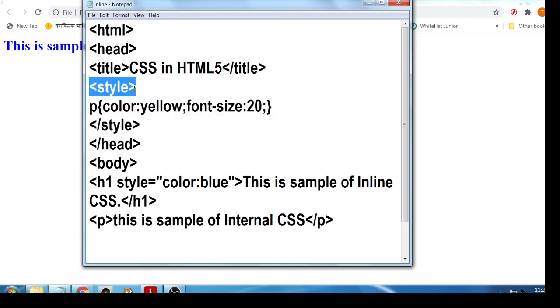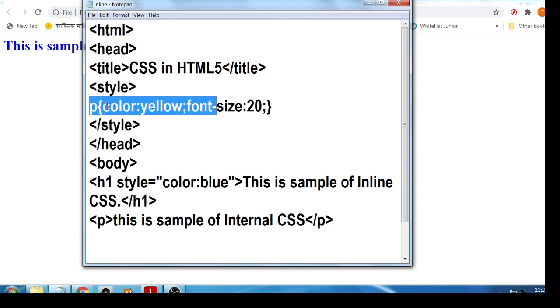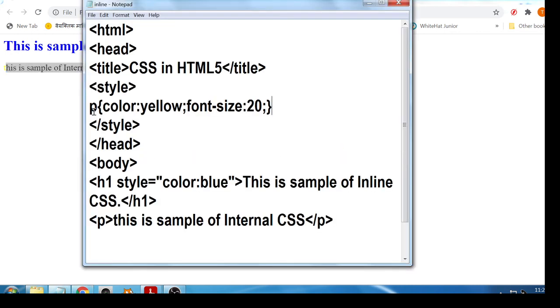Okay, style is a tag, opening and closing tag, and define the tag, apply the declaration block. Save this file and check the output. Refresh it. Okay, it indicated the yellow color. This is the sample of an internal CSS.